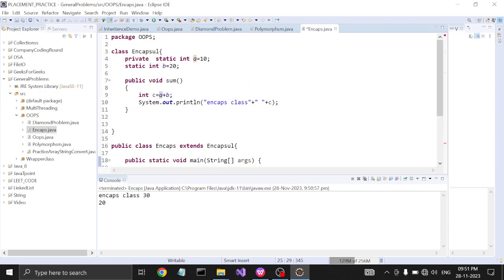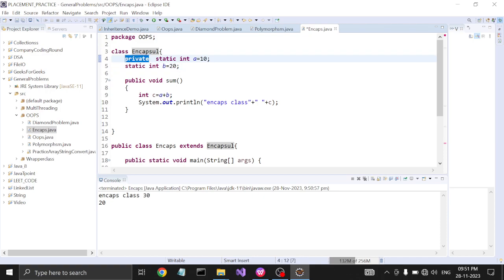So by making the variables or the elements of a class private, we can achieve security, which is the main purpose of encapsulation.